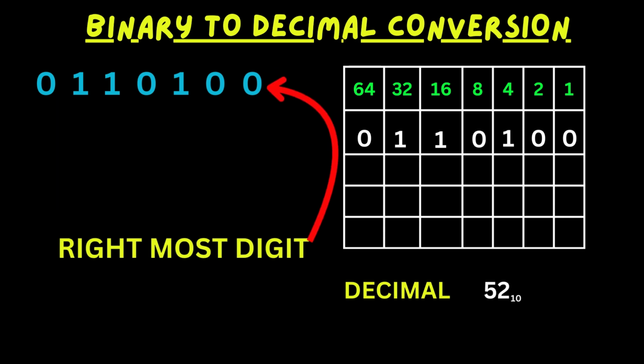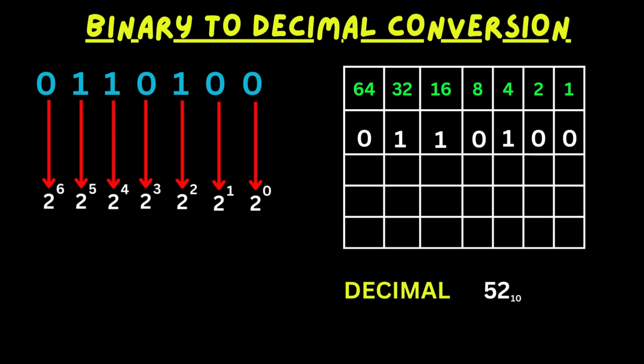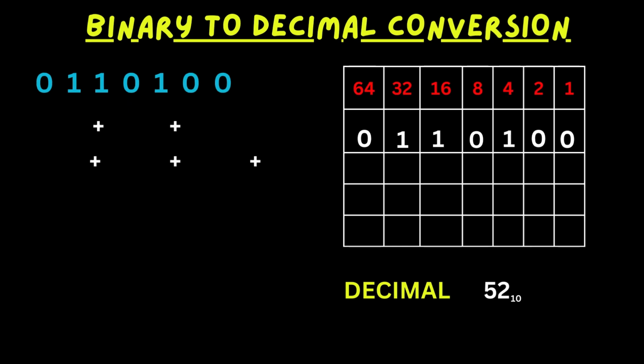So the rightmost digit represents 2 to the power of 0, the next 2 to the power of 1, and so on. Next, you will multiply each digit, 0 or 1, by its corresponding positional value. In this case, it would be 2 to the power of 0 multiplied by 0, 2 to the power of 1 multiplied by 0, 2 to the power of 2 multiplied by 1, 2 to the power of 3 multiplied